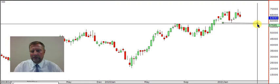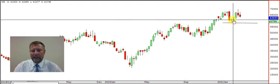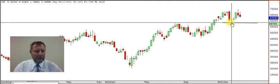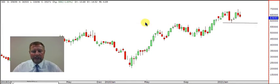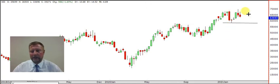Everything still looks okay with Kumba. While it is above this tiny dragonfly doji, it looks still okay. The moment it goes below 586.81, this double top scenario can come into play, and it can take the share down to, let's just do